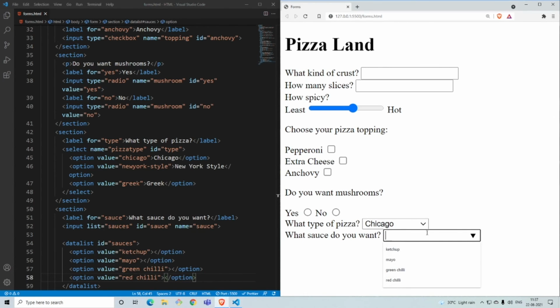If you have various of them, you can do that. Let me go ahead and do it out here. We say chili. If you see, whatever ones had chili are just shown here, green chili and red chili. Apart from the ketchup and mayo, they are not shown. So you have only these 2 options given. Similarly, when you write for countries, you just start with Ukraine. So let's say UK, and then you get whatever countries which have U and K in their name. So you get those alone.